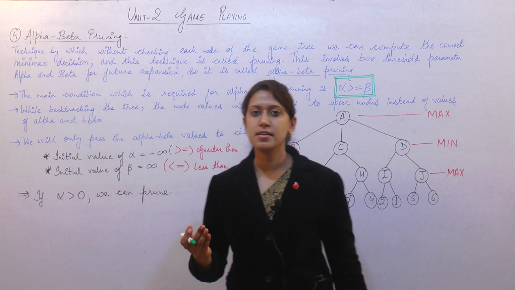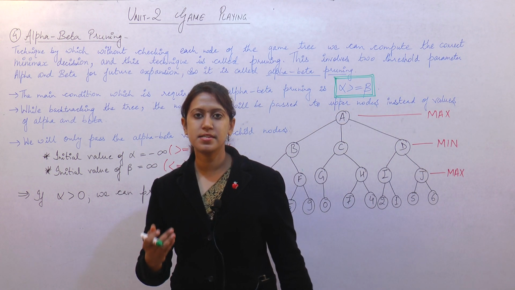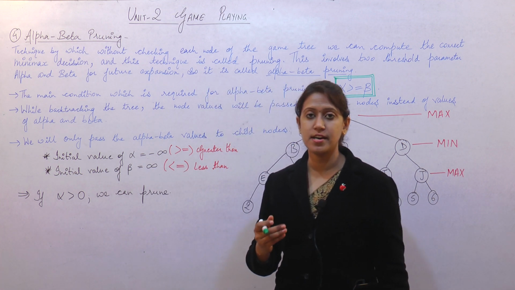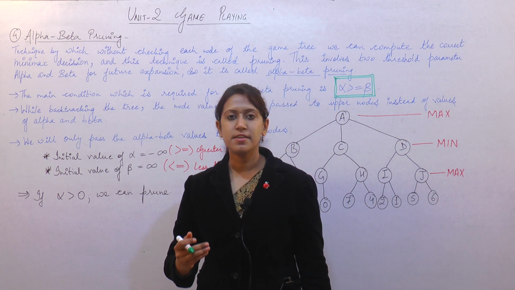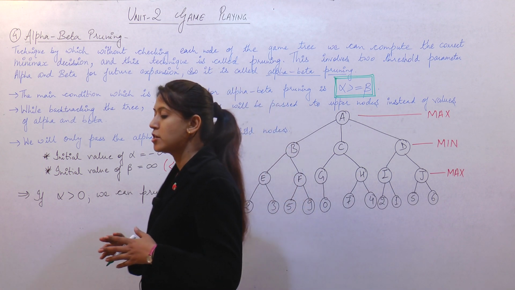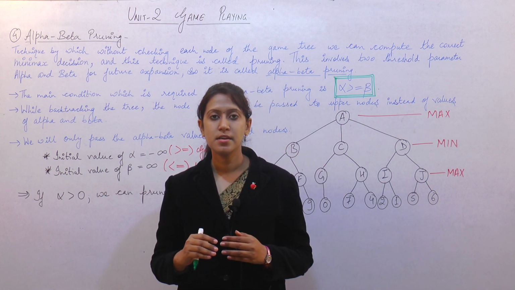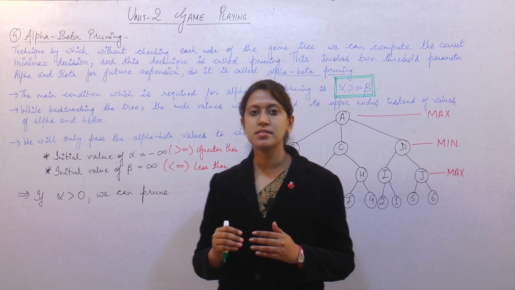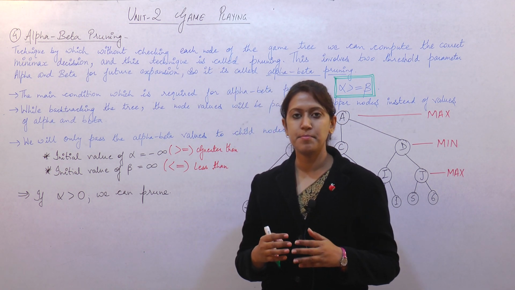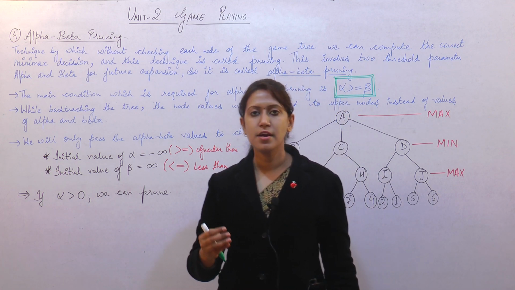Since we are discussing unit 2, the game playing unit, in this unit we have discussed different types of algorithms for solving the game tree. The first one which we discussed was the minimax algorithm. In minimax algorithm we had two players, max and min. Both the players were playing on the game tree. Max was computing the maximum value from the available values, and min was computing the minimum values from the available